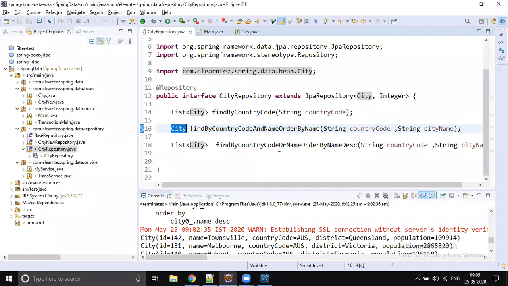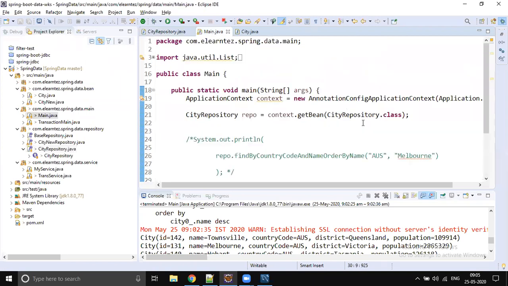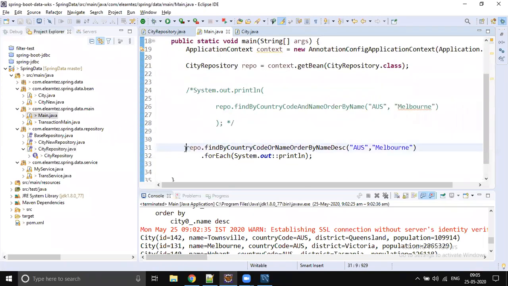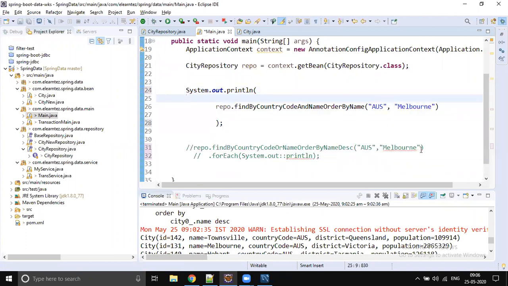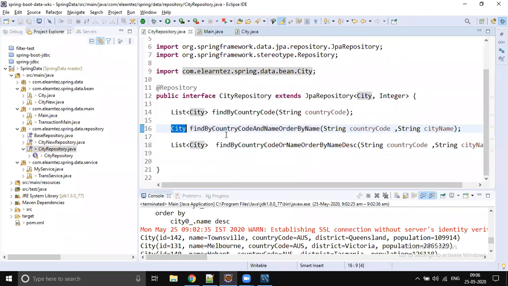When you get zero rows, for example, you're expecting some data but the data is not there. In the last query, let's comment this OR condition and go to the AND condition. Let's pass some city name which is not there in Australia, so let's send Hyderabad. But Australia doesn't have Hyderabad, India has Hyderabad, so we cannot get any rows. We are expecting one row from the database, but no rows are returned.